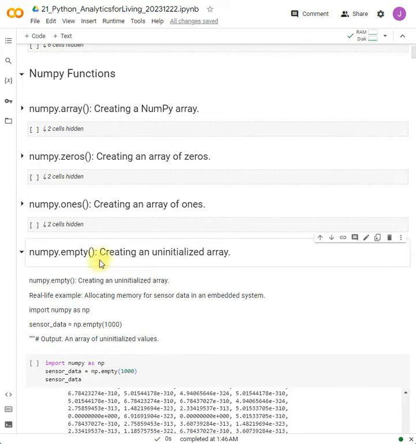In this example, we're going to be creating an uninitialized array. numpy.empty creates an uninitialized array. The real-life example would be an approach to utilize creating an uninitialized array by allocating memory for sensor data